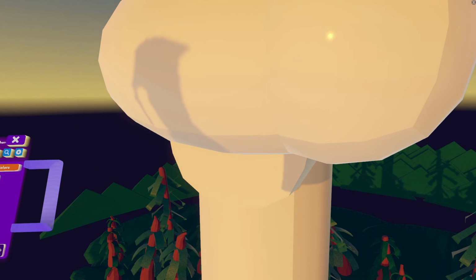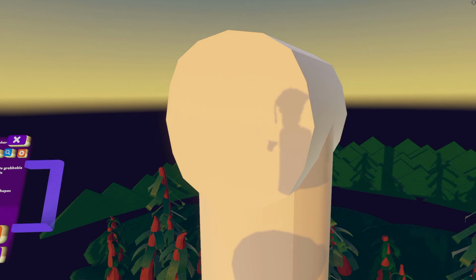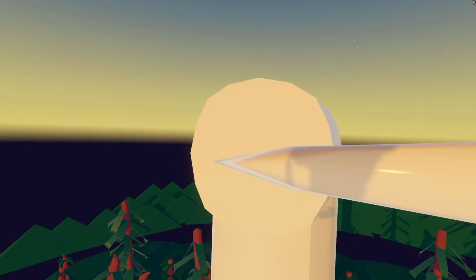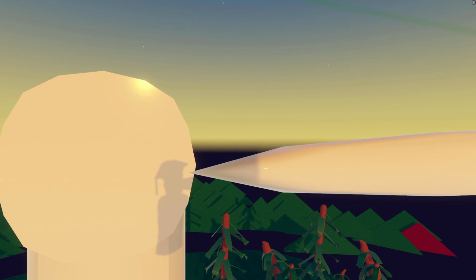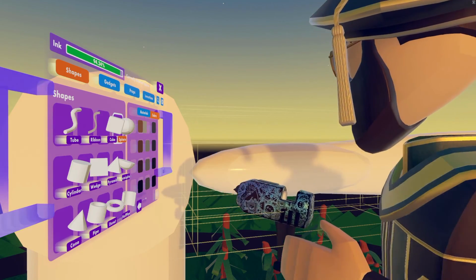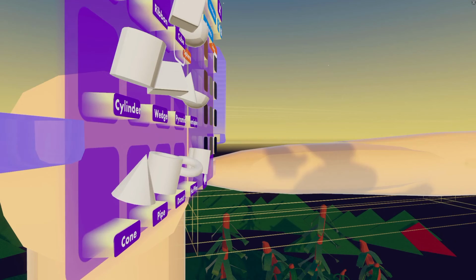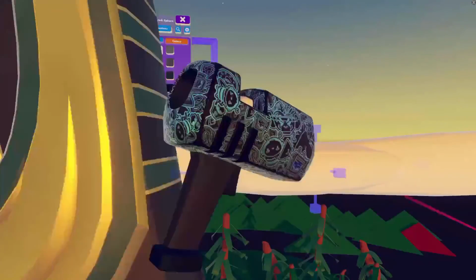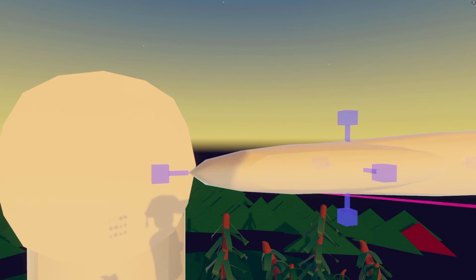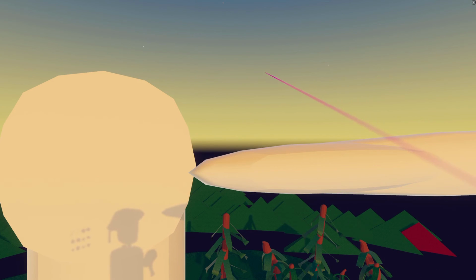What we really could do is a sphere a little bit. We won't do it on a precision step 100 because that is a lot. We'll keep it on a 1 axis, and since it's more rounded at the end, and not sharp like this for the end, we're going to add another sphere there, and we're going to round it out, kind of like this. It is a little hard because this is a big one, so just have it a little rounded like that, so it looks a little better. So yeah,